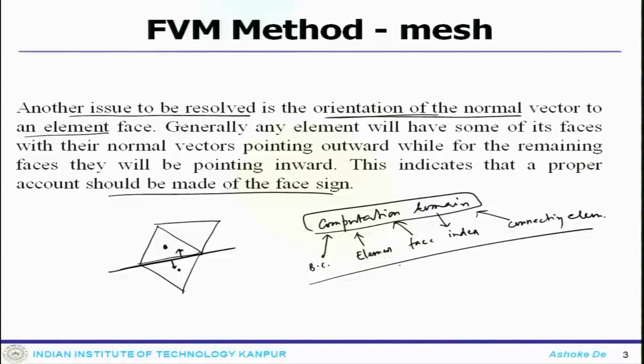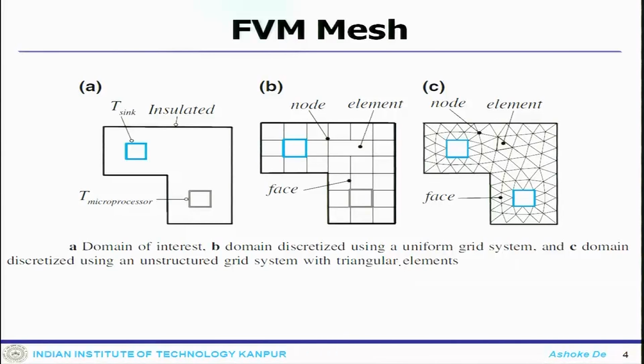Now, once you go to the finite volume mesh, how does it look? If you go back to this particular problem that we started off with, and every now and then we bring back this example to see, this is our physical problem of interest. All these faces are essentially insulated, so that means there is no heat flux going out.